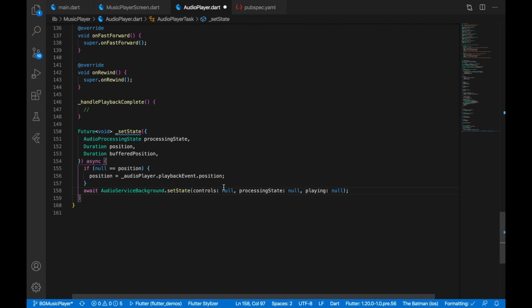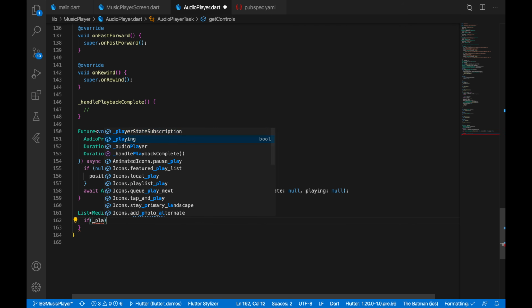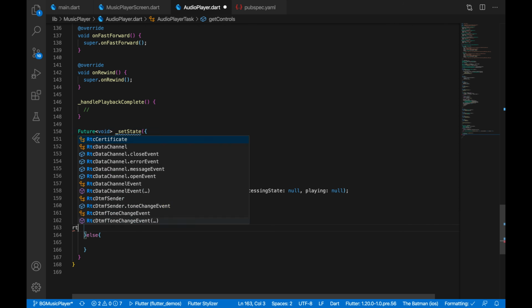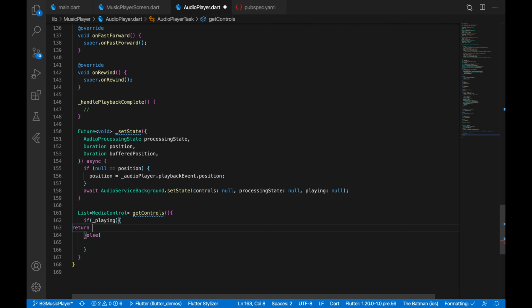So this is how we are going to update the UI. The audio service background provides a method called setState that will update the UI. So that will send the data to the UI. Okay, so assume it as a setState in your UI. So let's set the parameters. The first one is a get controls. So we need to get the controls if